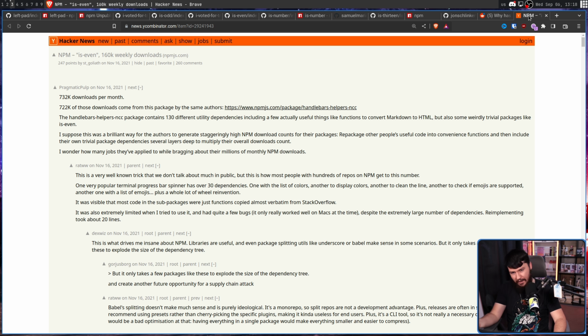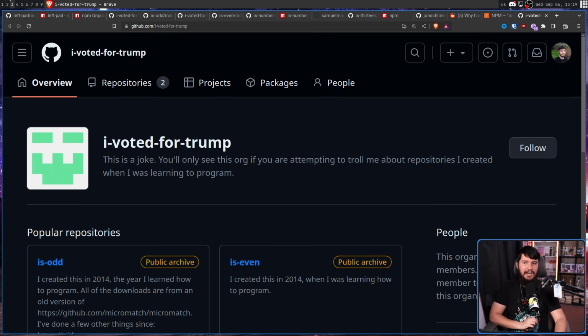like Reddit, on Hacker News, which usually leads to some of these users feeling like they have some sort of moral authority to go and brigade the GitHub. This has led the author to move the main ones, IsOdd and IsEven, into a GitHub organization called I Voted for Trump. This is a joke. You'll only see this org if you're attempting to troll me about repositories I created when I was learning to program. And as you would expect from the internet, there is a lot of people that have theories for why